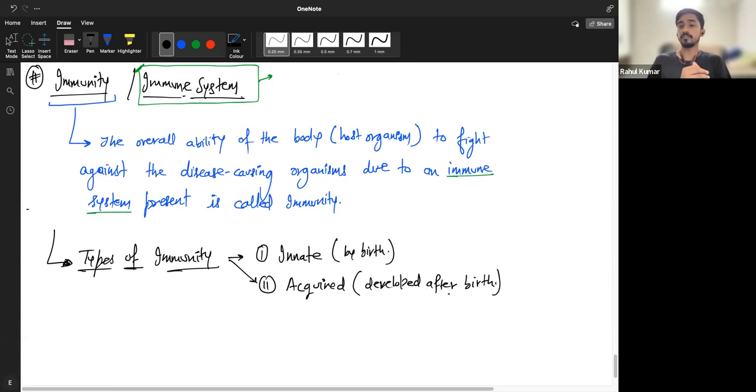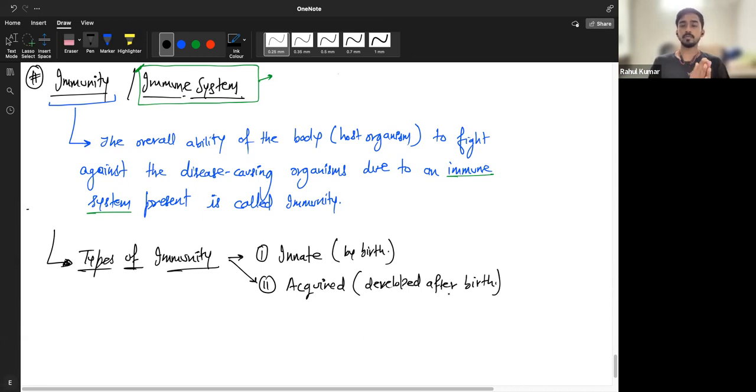For example, fearful of fire. Animals are afraid of fires, right? Even without knowing what it will do to them. Even if it is the first time an animal is encountering fire, it will just run away from it. Make sense or not? So fear of falling, a prey always has a fear of a predator. So these are things we are born with some knowledge.